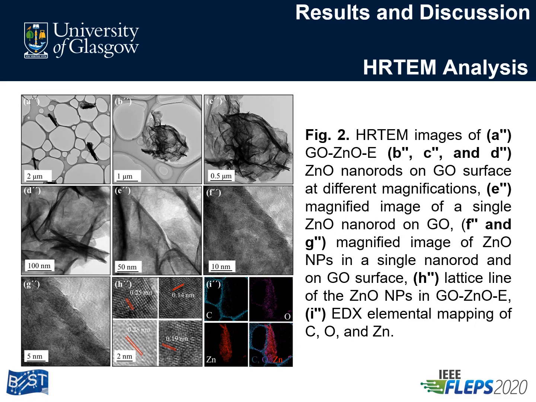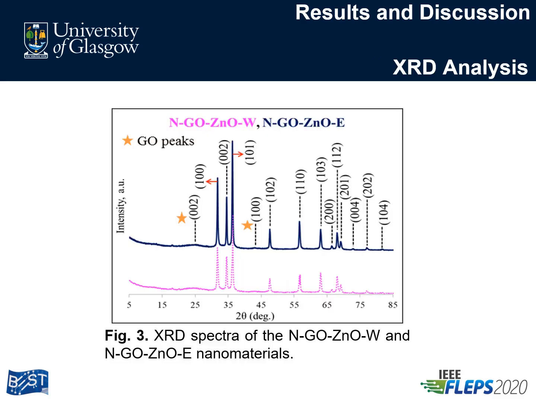with a very low aspect ratio. On the other hand, zinc oxide nanorods obtained in ethanol in the absence of nitrogen functionality showed a very different type of morphology. As can be seen in figure E and F, elongated, very pointy structures were obtained, which showed some resemblance to the nanorods obtained in ethanol solvent.